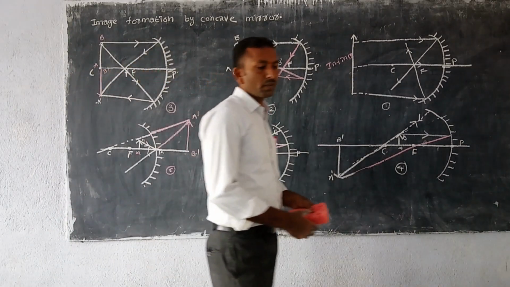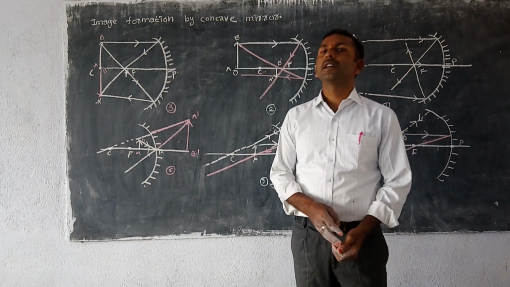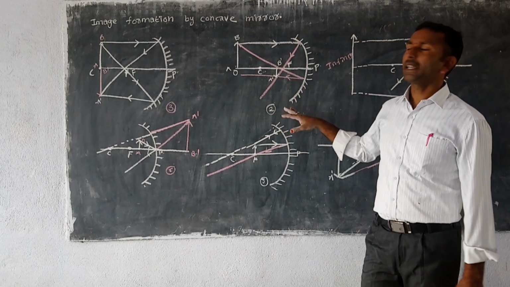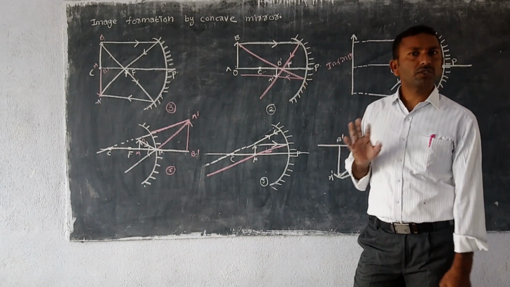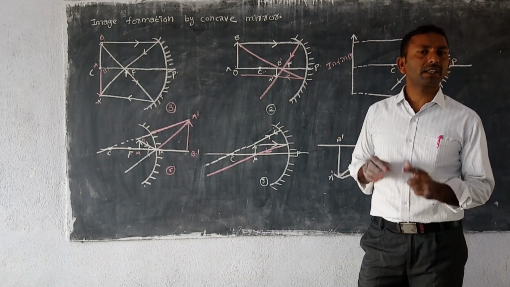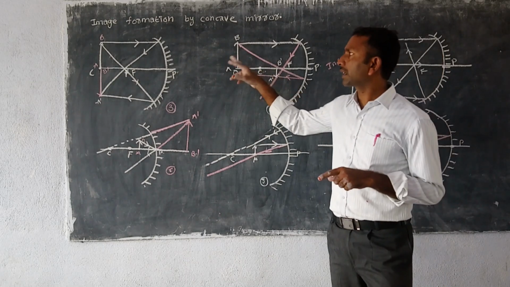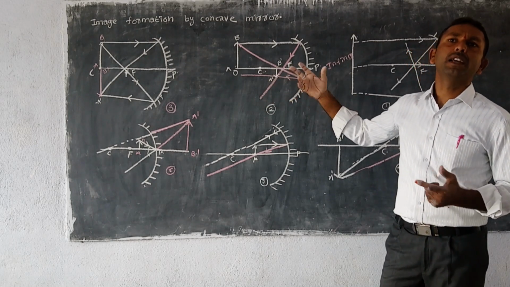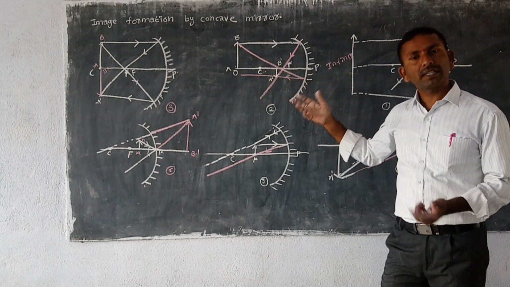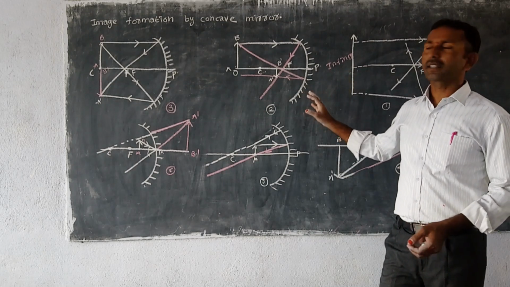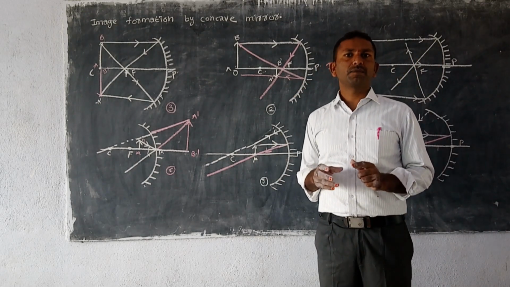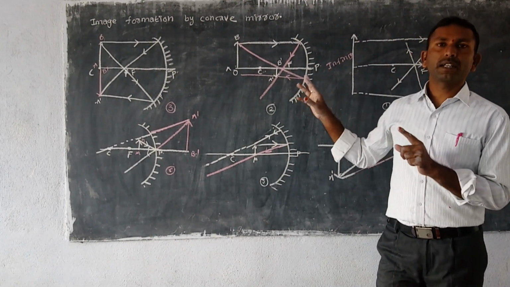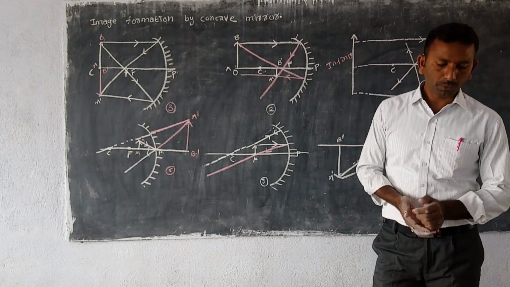Okay, so we have to remember these positions of the object and the characteristics of the images by drawing the pictures only. We should not use the root method here. If you use the root method, you will be in confusion. And how do we draw the pictures? We have to take at least two light rays, and they intersect at some point. This will be the image position of the object. And if you get any question in the examination, first try to draw the picture, and in that case you will get the image position easily.